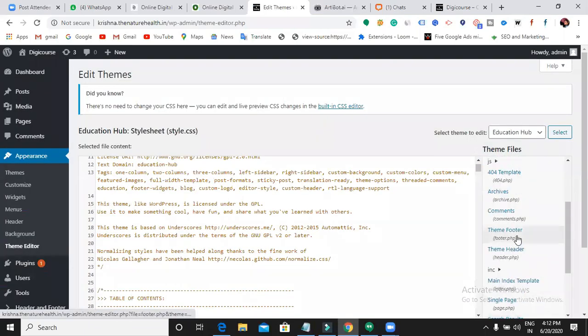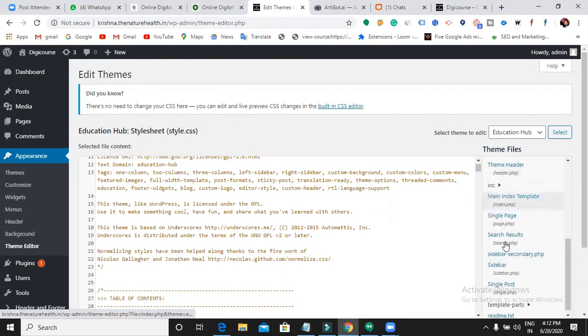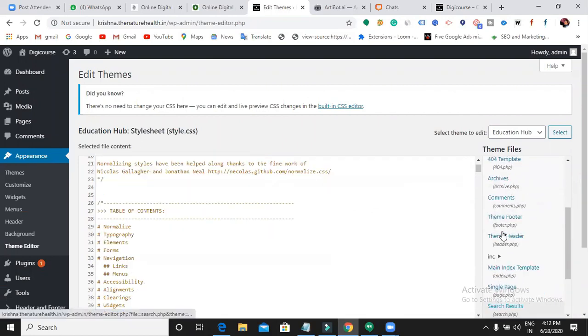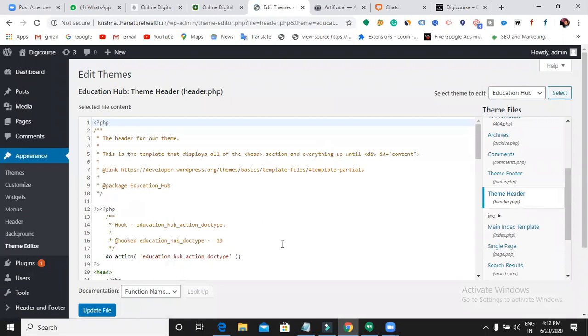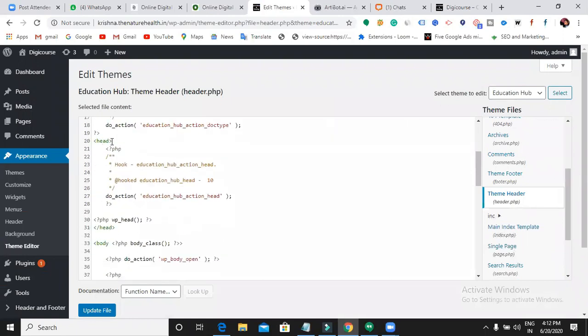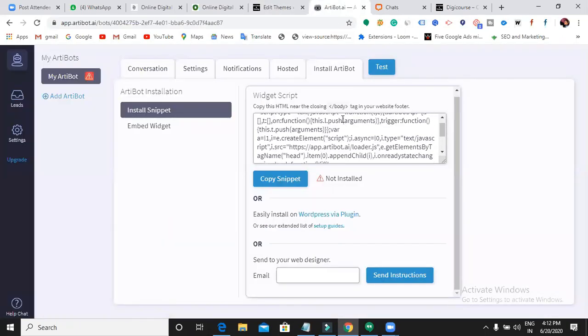Okay, can you see here? There is an option called theme header and footer. So go there and then you need to paste the code simply. Let me get back to this header section. From here the header starts, right? Now where is it asking me to paste? In the body.